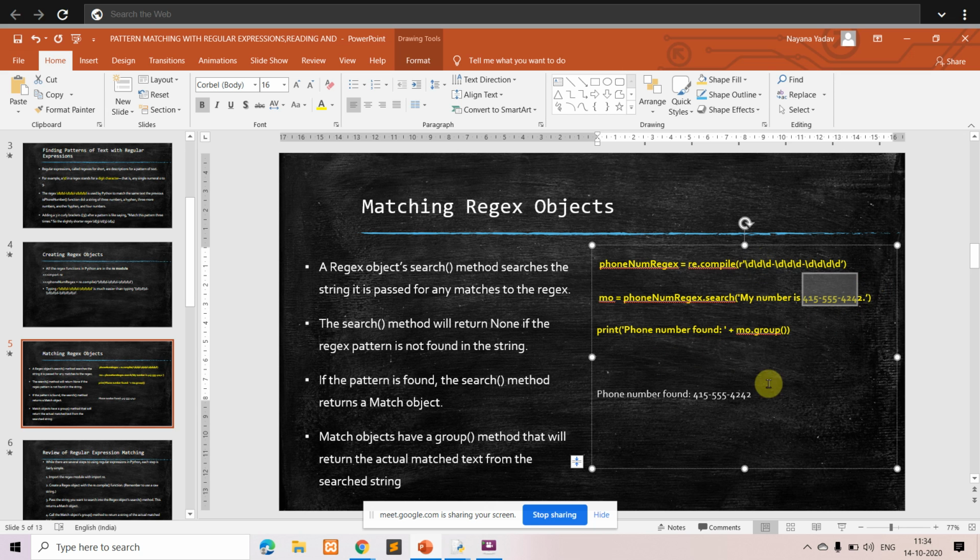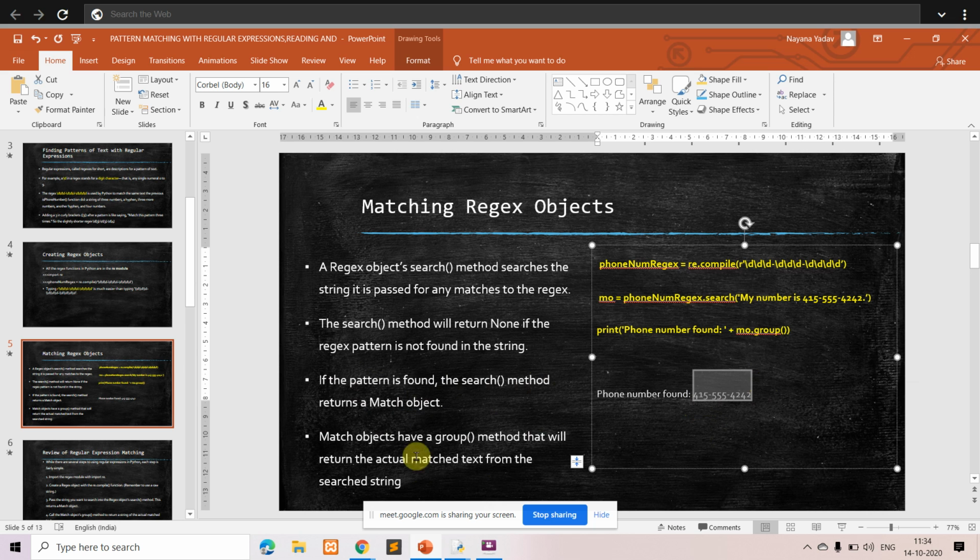So we are writing mo.group inside our print statement, which will display the entire phone number. About group we will be seeing again in the coming slides. So what is happening here? If the pattern is found, the search method is going to return the matched object. Here the matched object is this particular phone number.